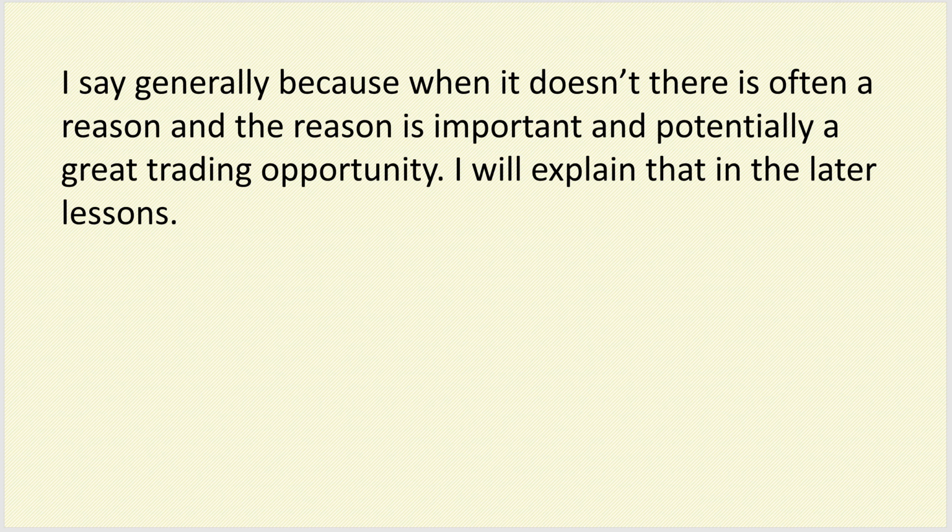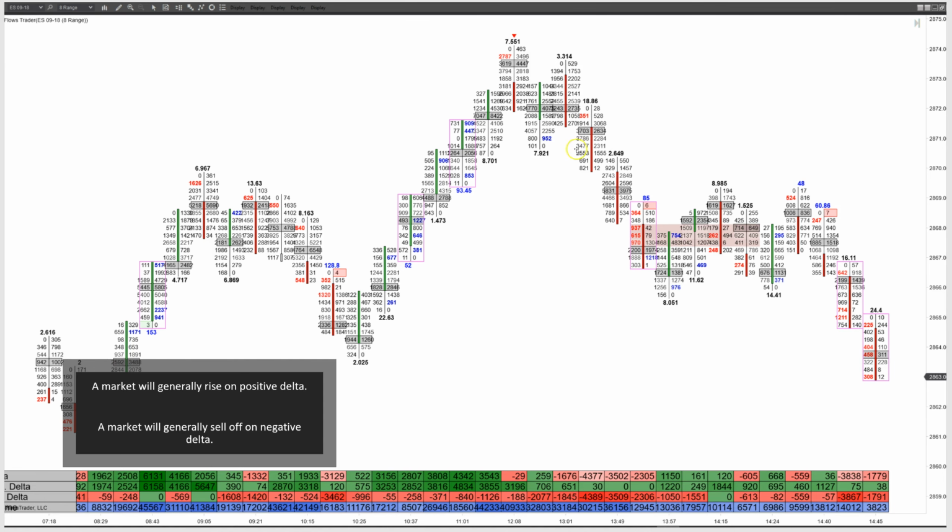Generally, markets go up on positive delta and markets sell off on negative delta. And the reason I say generally is because it doesn't always happen that way. And when it doesn't, there's often a reason, and the reason is important and potentially a great trading opportunity. I'm going to explain that later in the lessons, actually. But there are times where a market can be rising on slightly negative delta and selling off on slightly positive delta. And that's important because